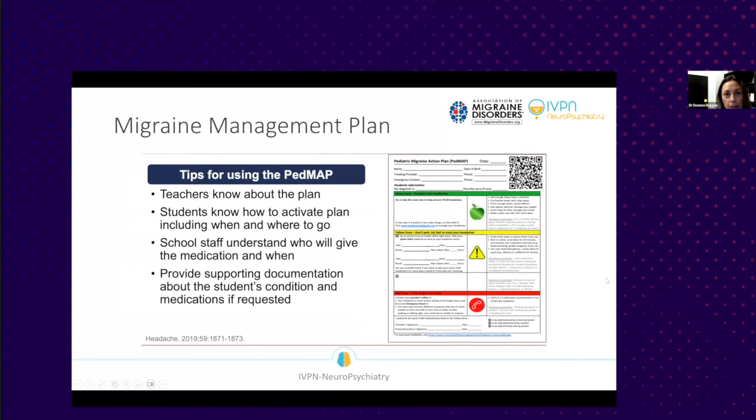So we typically formulate a migraine action plan or migraine management plan for kids to have at school. It's helpful for the school nurses to have this so they can follow along, similar to an asthma action plan. So we have a step 1, again, with that stratified care, step 2, and then step 3 if the migraine persists despite those initial interventions. This is really helpful to have on file with the school, and hopefully it can help ameliorate some conflict that can happen with regard to the amount of school they miss and needing to miss class to treat the migraine itself. Next slide.